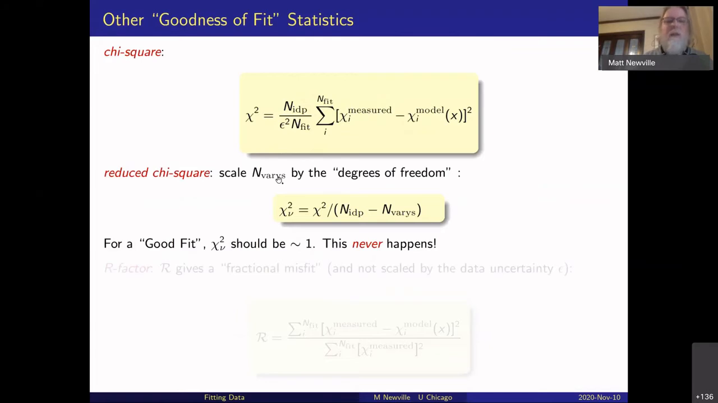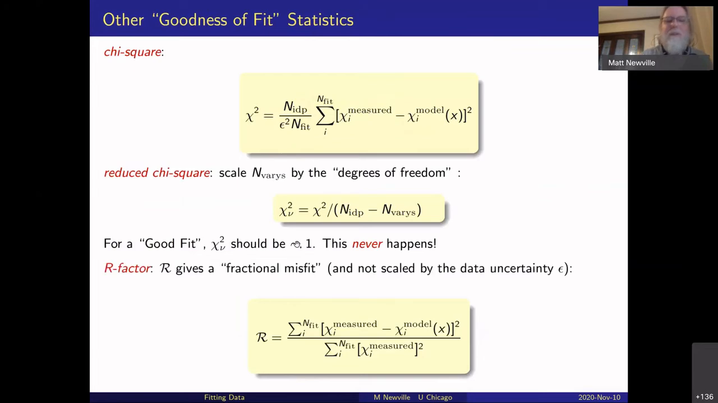That's where you scale chi-square by the number of degrees of freedom, the number of independent points minus the number of variables. And for a good fit, reduced chi-square should be about 1. You'll never see this, unless you have really bad data. And so we often also report R-factor, which is something that